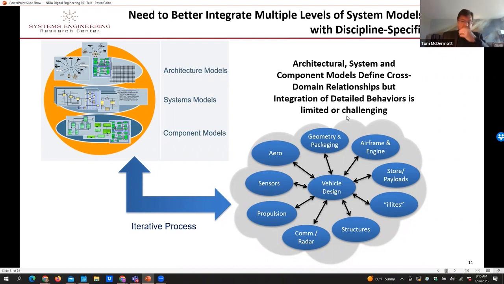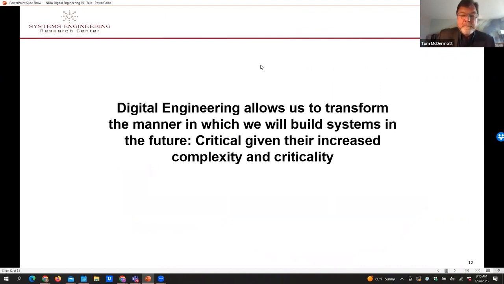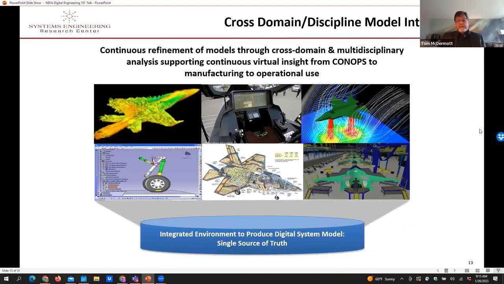And that's what we'll want to see as we go through the process. And so the challenge is then in this model-based system engineering role is, what do those types of models look like? So digital engineering is the transformation that will go on as we go through this process.